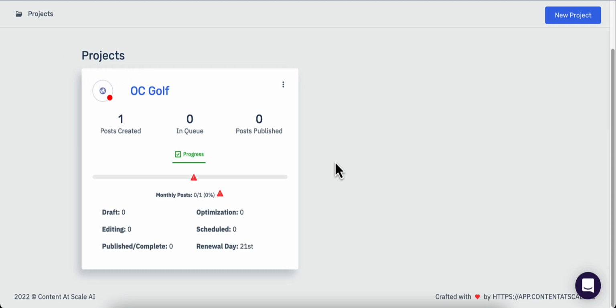Now, what Content at Scale actually is: it's an AI blog article writer. There's a lot of blog article writers out there, let me just say that. But this one is completely different.